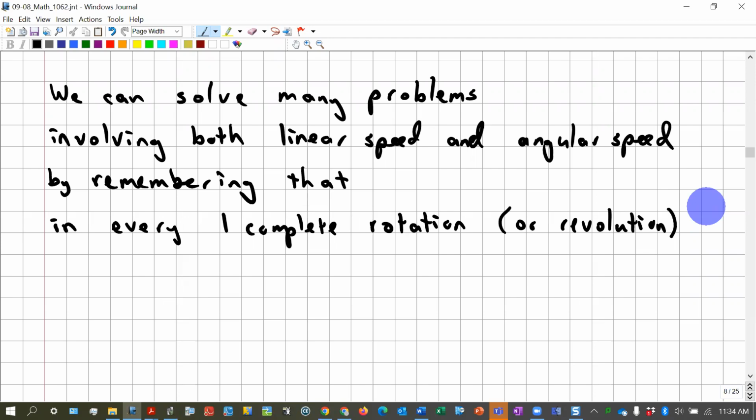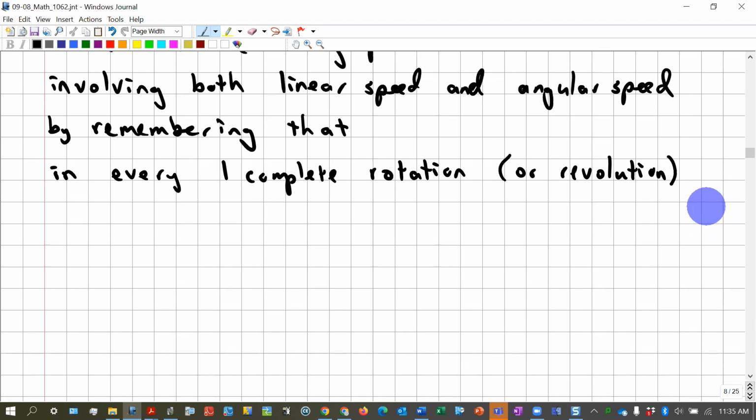So if we think of the circle standing still, but point P is moving along the circle, then we can think of that as part of a revolution. But if the circle is spinning, then we talk about rotations. They're sort of the same thing, sort of different, but in this case, you don't really have to worry about the distinction between them. Okay. All right. In every complete rotation,